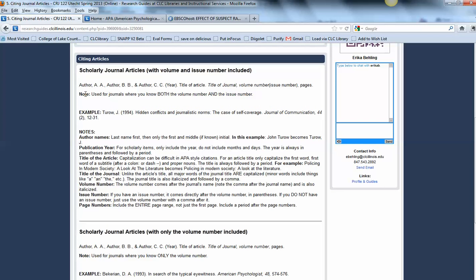Then I've got what the basic format is, and I've got an example. And then very important, because I will ask you to go back and make corrections, and I've written out the information here, you need to pay attention to the actual formatting. So the very first thing I would do if I was looking at the citation that I came in on my Word doc,